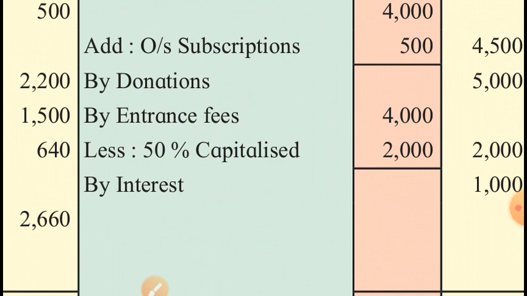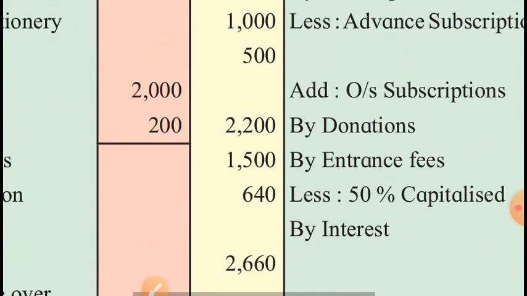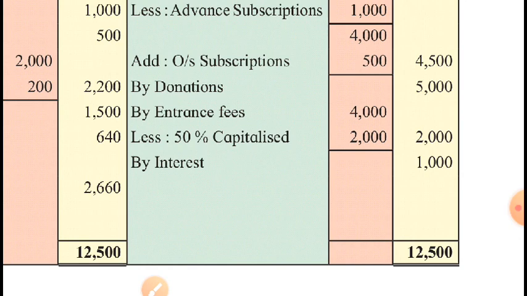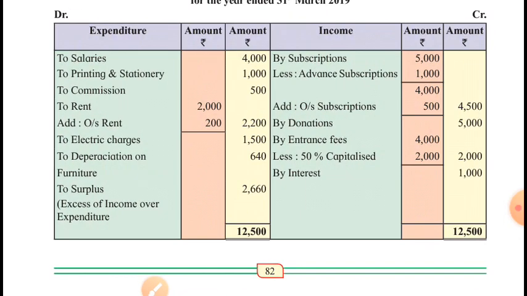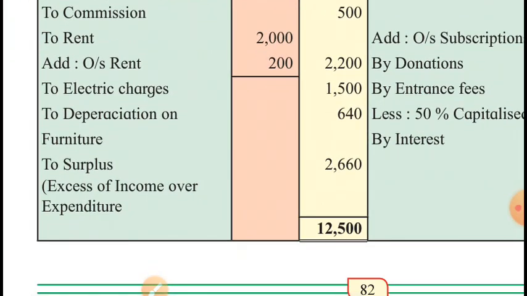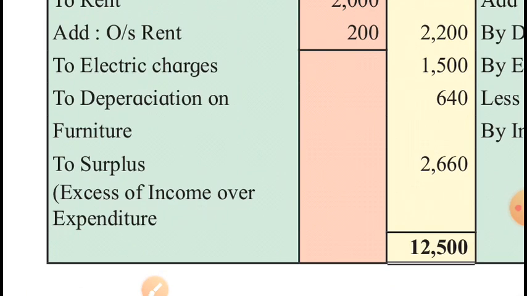So this amount of 2,000 will be added to the capital fund. We will see later on. And interest we received is income, 1,000. So fortunately, here is an excess of income over expenditure. I mean, this account is having a credit balance, means income is greater than expenditure by rupees 2,660, and this amount is shown here on the shorter side. The expenditure is lesser than income by rupees 2,660, and this good news is called surplus for this organization,